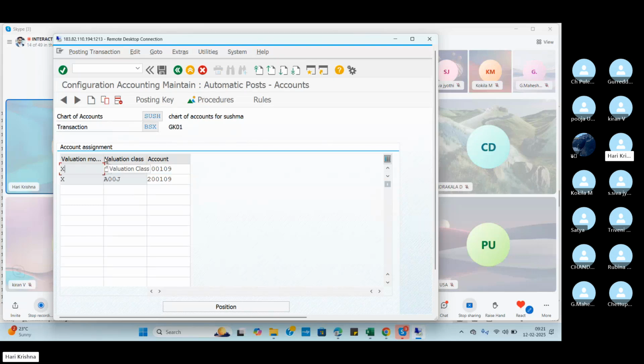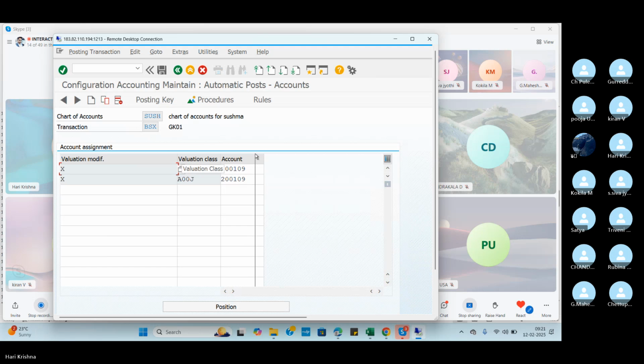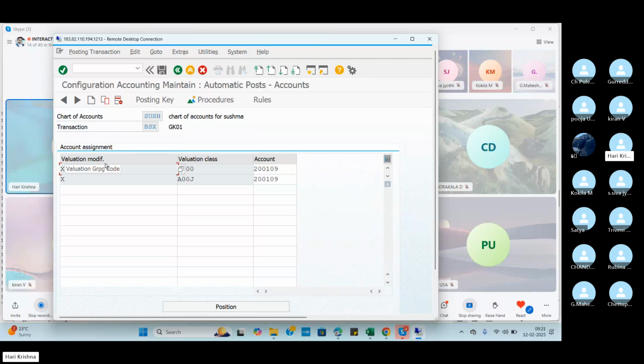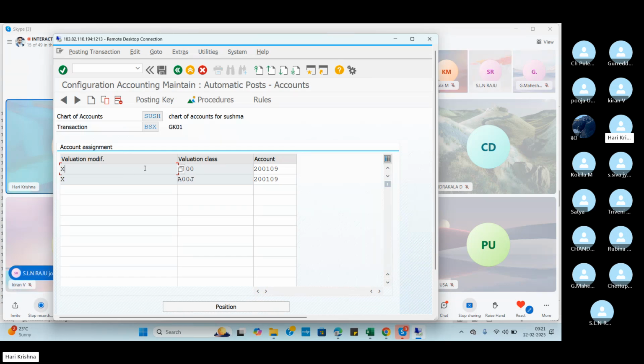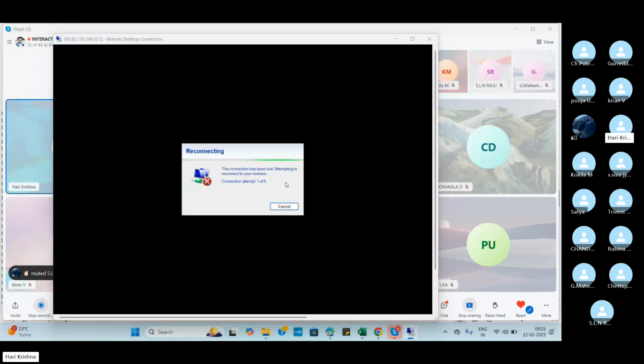Now you can see here the valuation modifier and the valuation class account. Whatever you create in the GL account, we can see here. The valuation modifier you can give at plant level or company code level, but in real time you mainly use plant level. Which plant you have to stock, you have to give that plant here. The valuation class here is your raw material, finished goods, type of